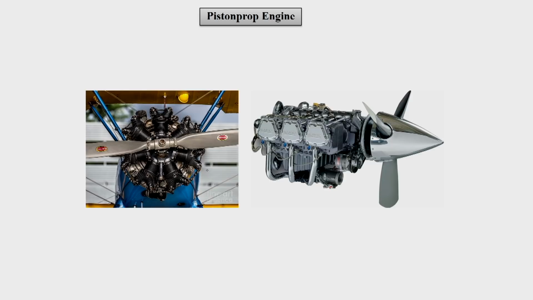The engine we are talking about here is the internal combustion engine with a cylinder and piston arrangement, and such engines are called piston prop engines. As we see, there are multiple cylinders, all connected with their pistons, and those pistons with connecting rods, with all the connections to one shaft, and that shaft has a two blade propeller, as we can see in this figure. In the right hand side figure, we can see an engine which is coupled to a three blade propeller.